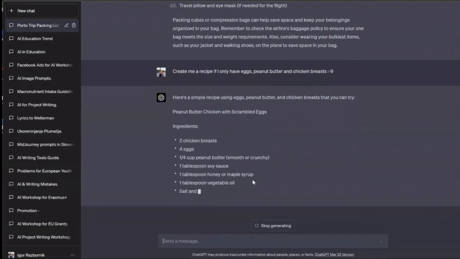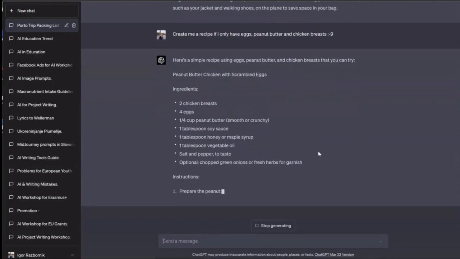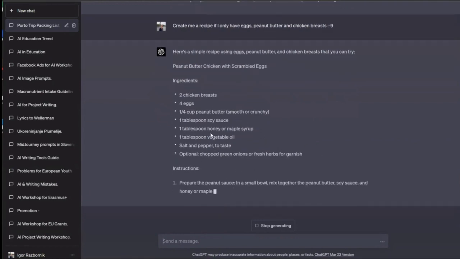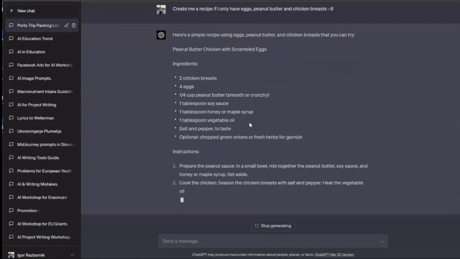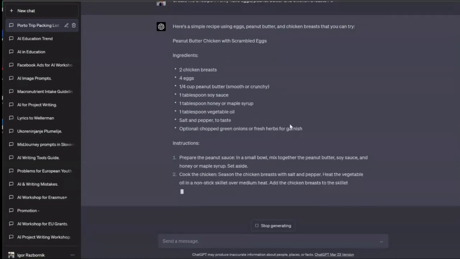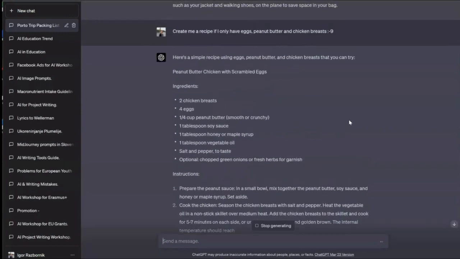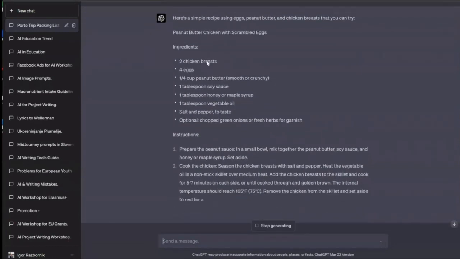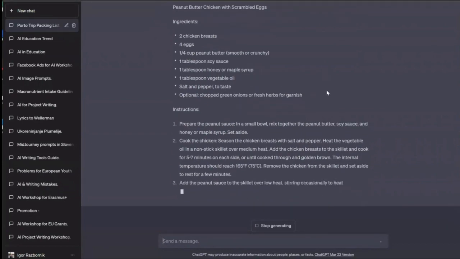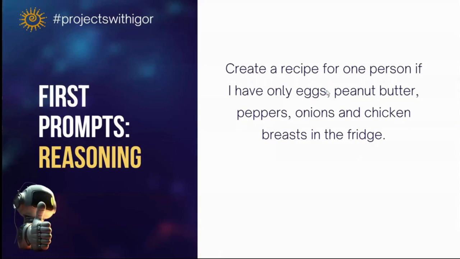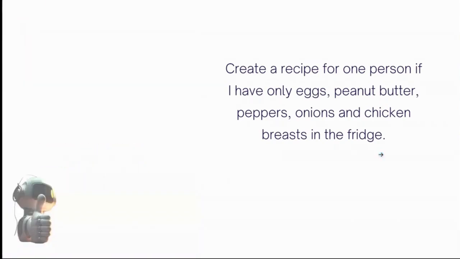Actually, it is not a big achievement, but still you can see, soy sauce, honey, maple. Okay, maybe I don't have it. But in any case, for somebody who just doesn't have an idea, you can get the ingredients and instructions on how to do it. Here, what is much more important than that, and you can maybe understand now, is that the system can do the reasoning. It is very important. So when you give the proper prompt, you will see that you'll get very good feedback.